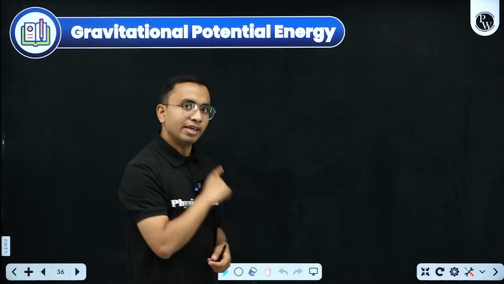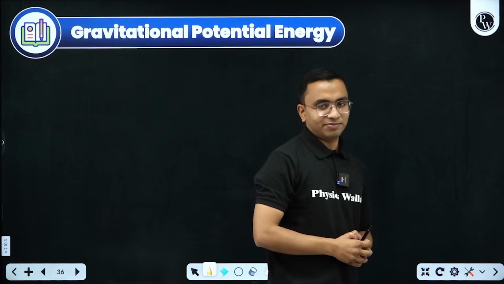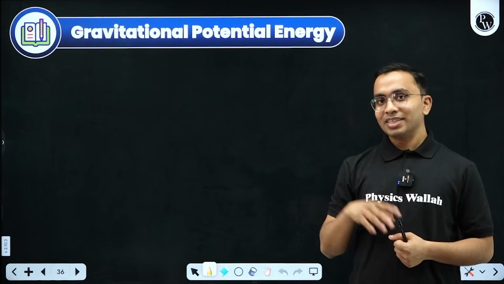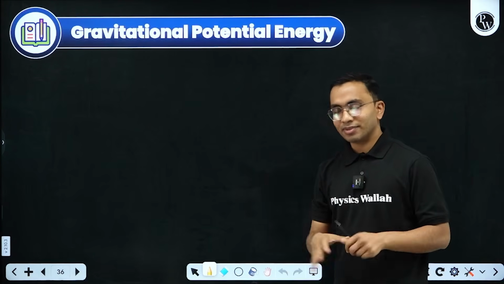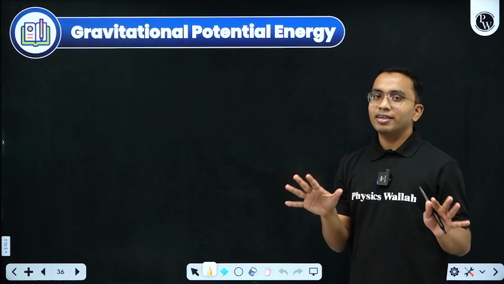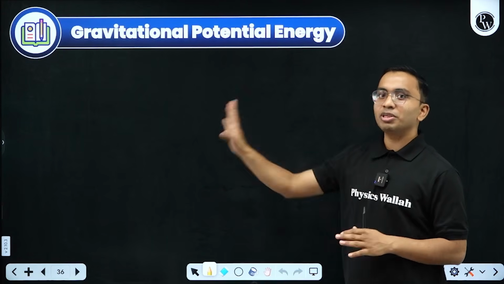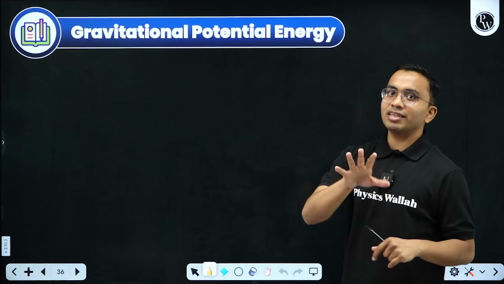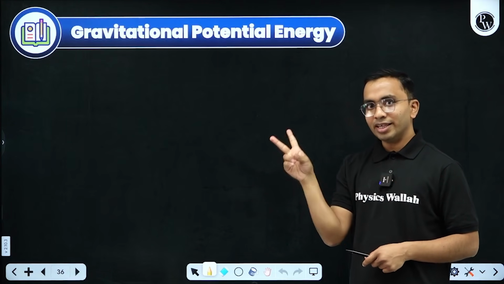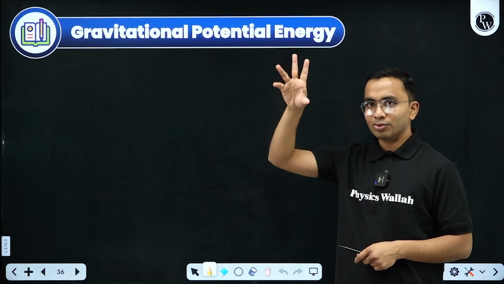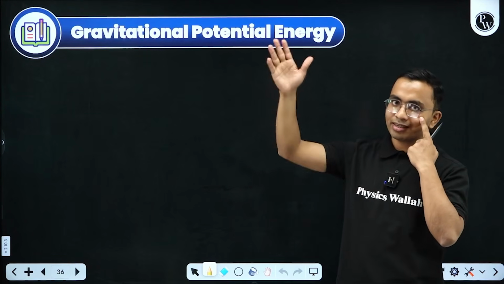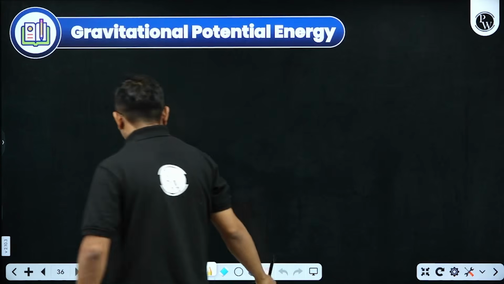Also, here our reference will be different. There we considered the surface to be reference. Here we will consider the reference to be different. Anyways, reference is not going to change anything, but here we consider the reference to be infinity. There we considered the reference at the surface. Okay, two differences you got. There g was constant. Here g is variable because the distance is too large. There my reference was the surface. Here my reference is at infinity.